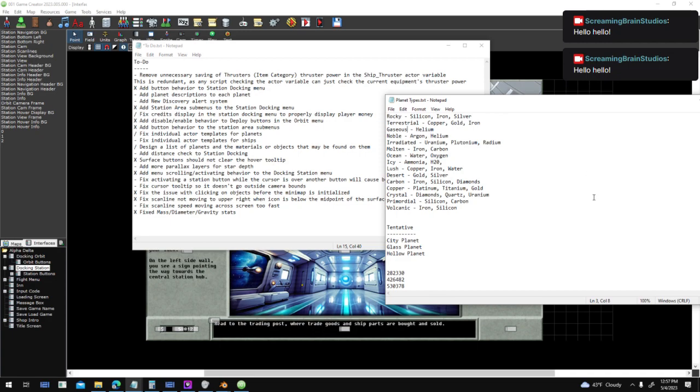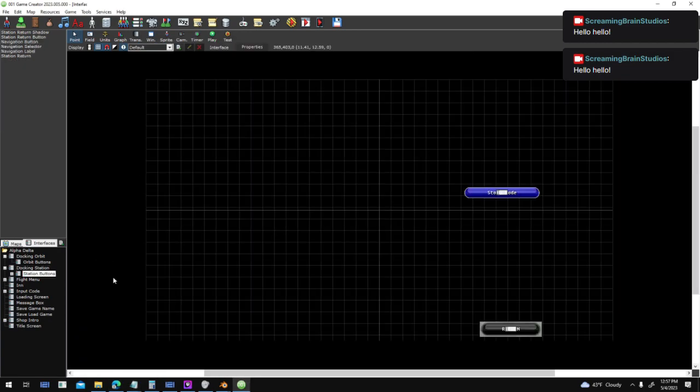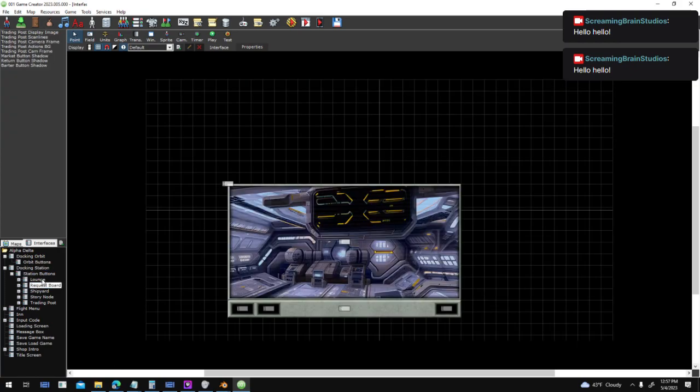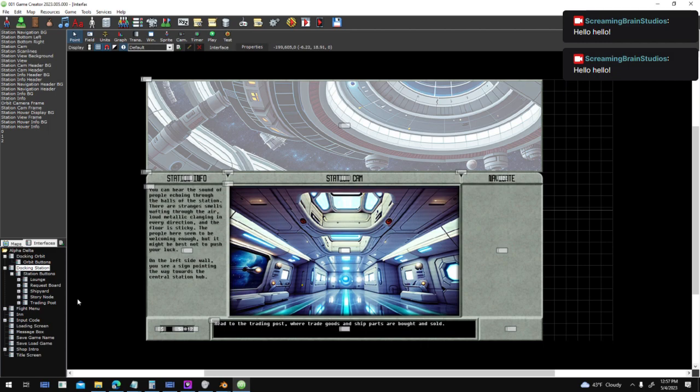rocky, terrestrial, gaseous, noble. Noble's basically just a solid planet with gaseous elements on it. That's an inspiration from Star Control 2, which is another title this is influenced by. Very similar style, but not quite the same. In that game, I think you return to one station, refuel, and then go back out into space. And I actually enjoy the process of going to different stations, discovering different things